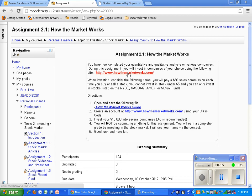If you want to look up mutual funds, go into Yahoo Finance. You can just type in Vanguard, VANGUARD, and they'll give you a whole list of different types of mutual funds. But, so those are the conditions. If you click on How the Market Works guide,